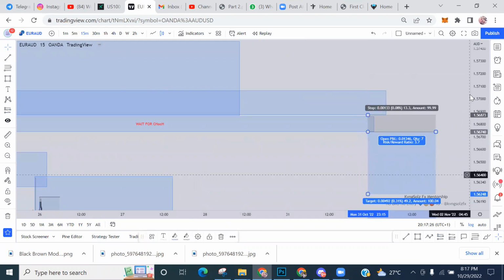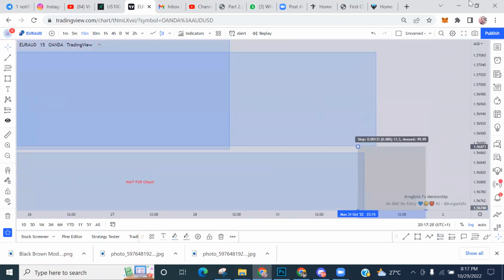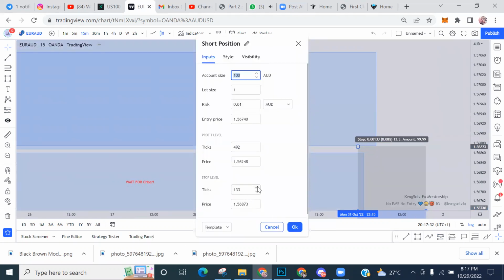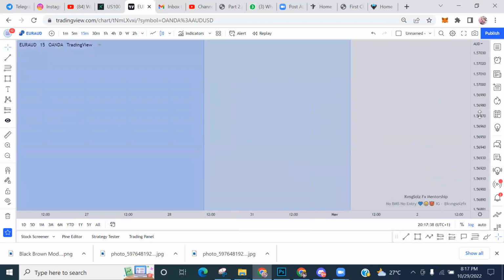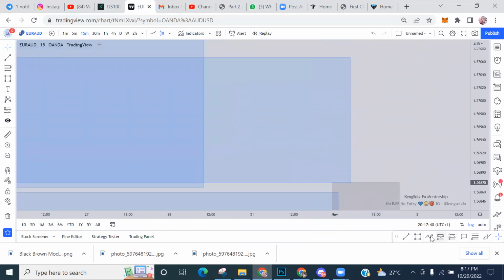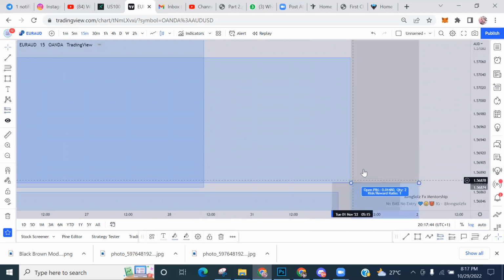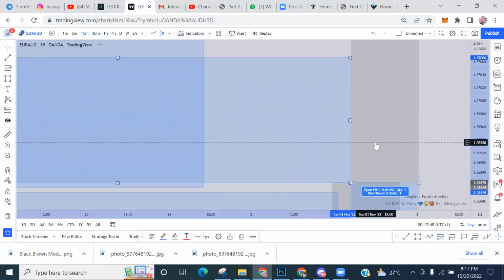Let's see. Thirteen point five pips stop loss on that one, and then the next one. I have about 5 minutes before this call ends, and I think this is the last Zoom call for today.